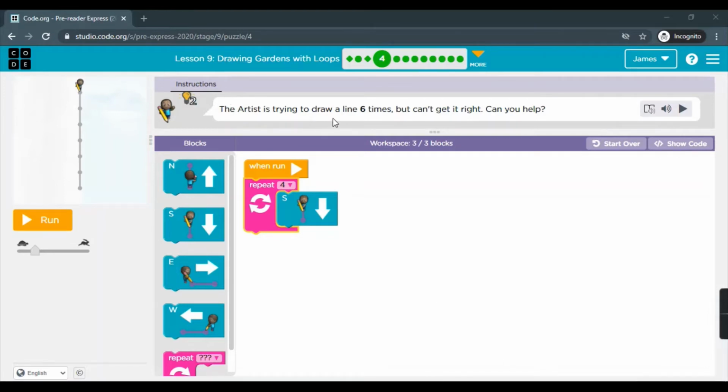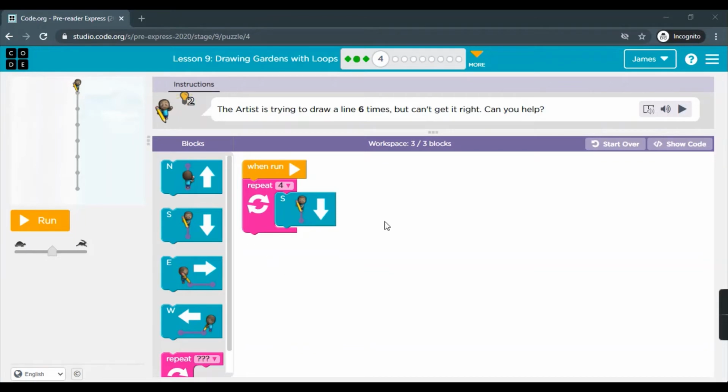The artist is trying to draw a line 6 times but can't get it right. Can you help? So the code is already there. We need to find out what's the issue with this code to draw a line 6 times. Here you can see we are using the repeat block and south direction block.